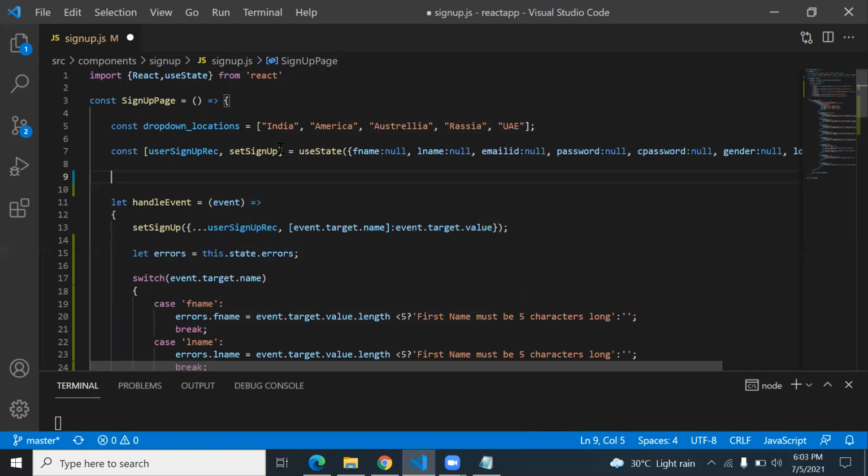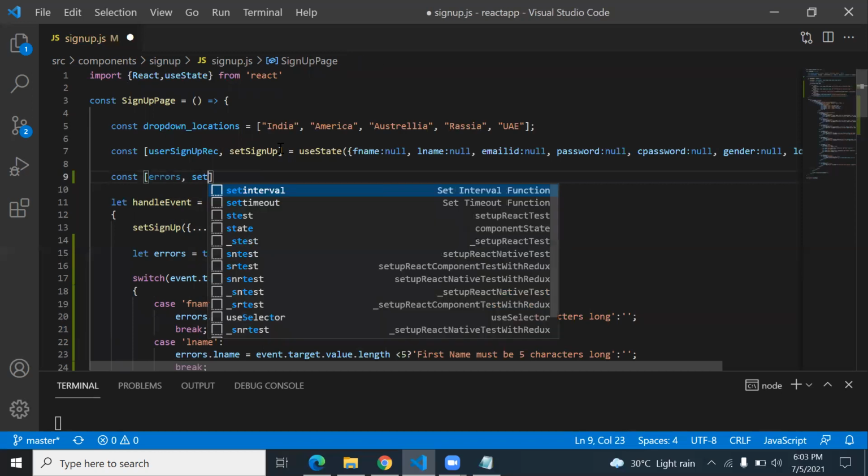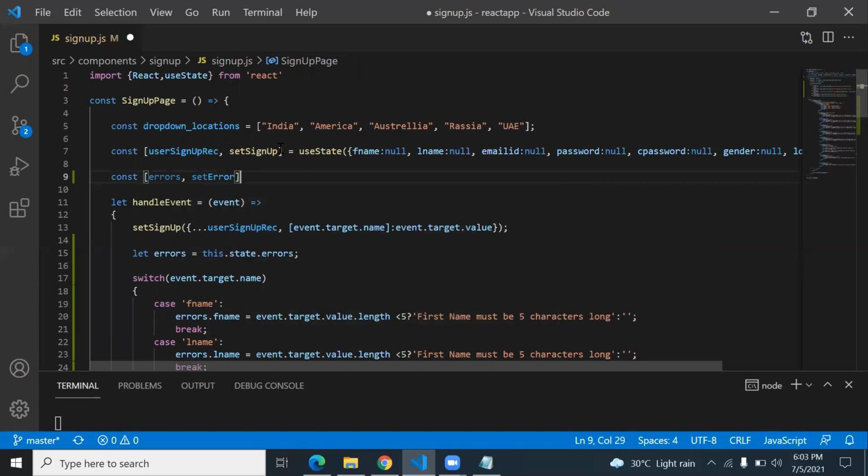For this you write one more constant as errors comma, and the function is set error is equal to use state, and in use state you keep it empty. These empty brackets mean an associative array, but as you require you can add some data inside the associative array later.